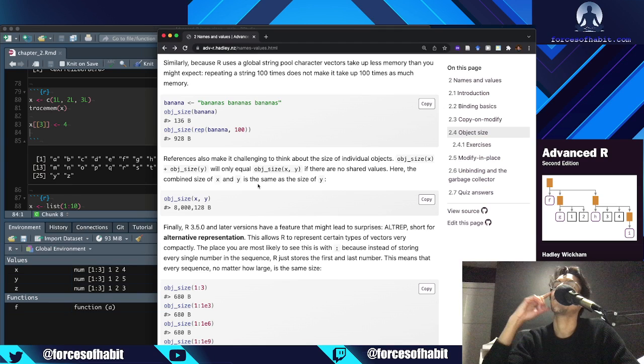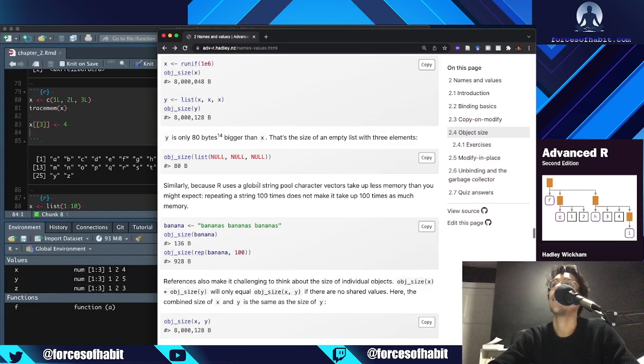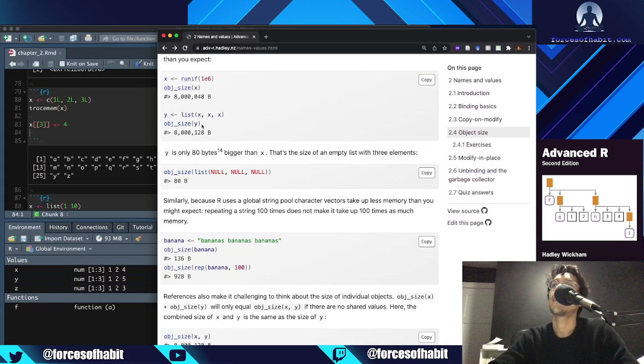Right, so that kind of follows intuition if you think about those diagrams, that the sum of the size of two objects is only going to be larger if the objects differ in some way. Because like what we saw above, x and y contain or refer to or are bound to that same vector that we generated here,